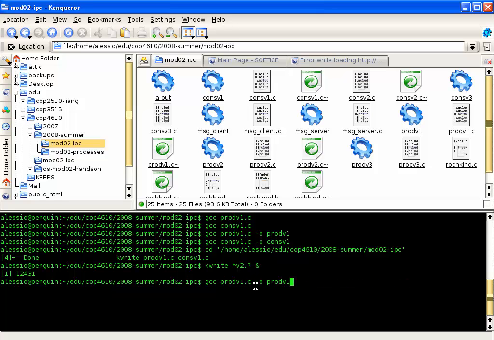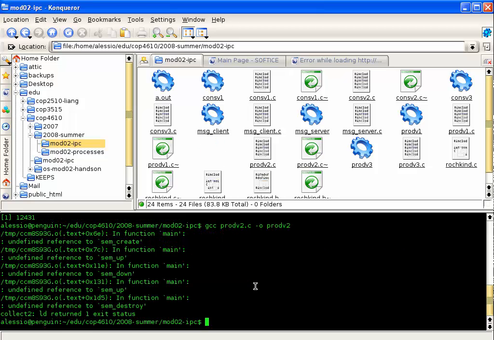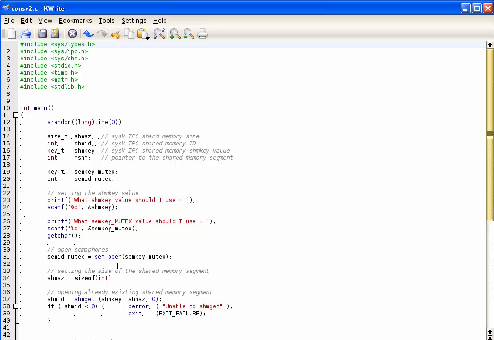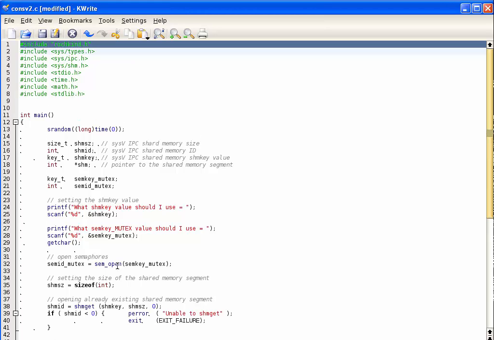So I'm going to start by, I need to modify this slightly. I'm going to compile producer v2 into an executable called prod v2, and I have a couple of issues here: undefined reference to sem create, sem up, sem down, sem up, sem destroy. I simply forgot to include my Rochkind library, so I'm going to go ahead here. I forgot two things actually. I'm going to do it first. Include rochkind.h. So I need the include to be able to compile this,